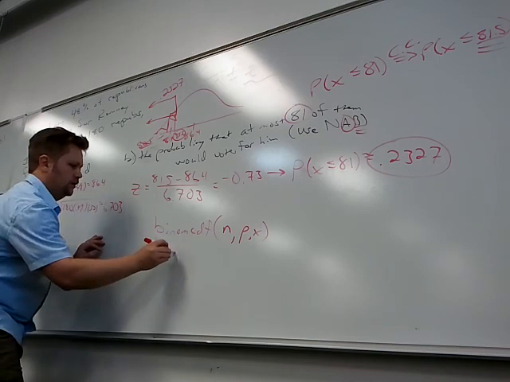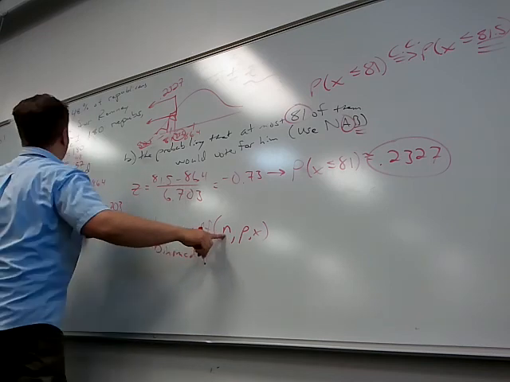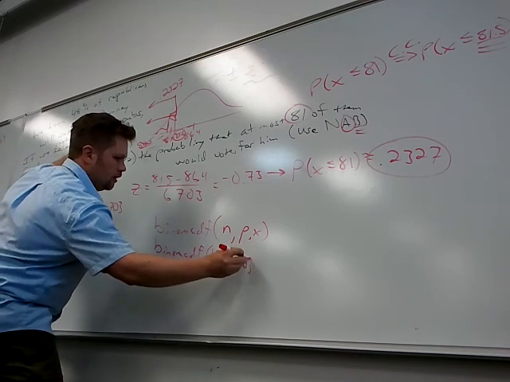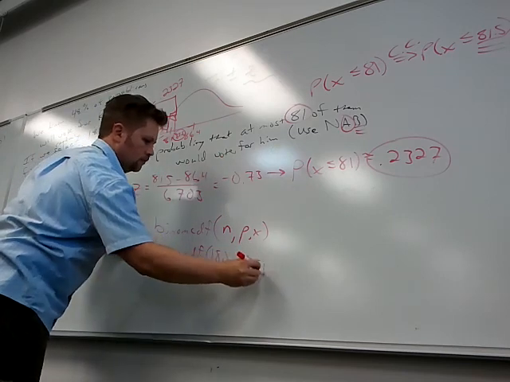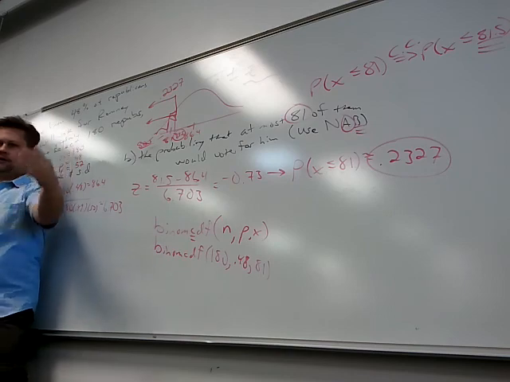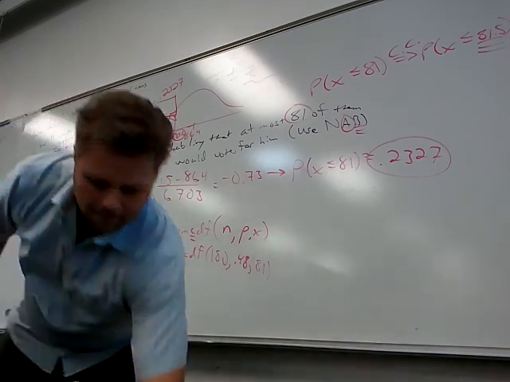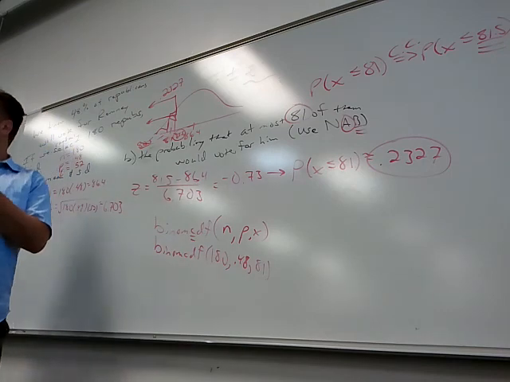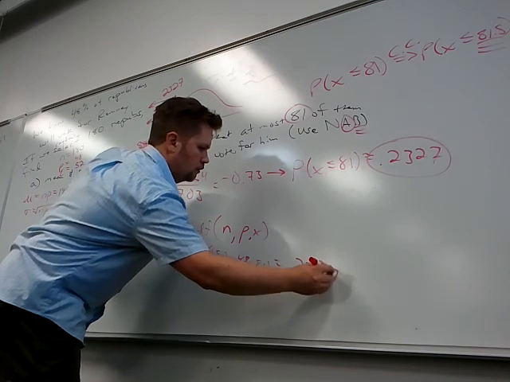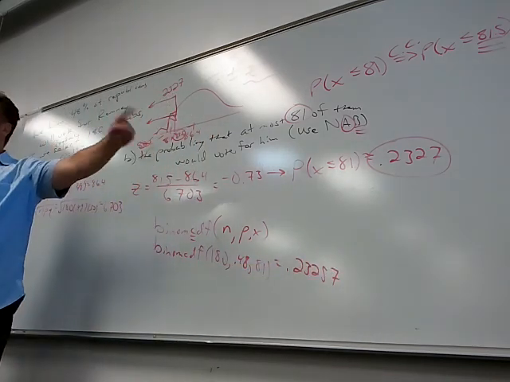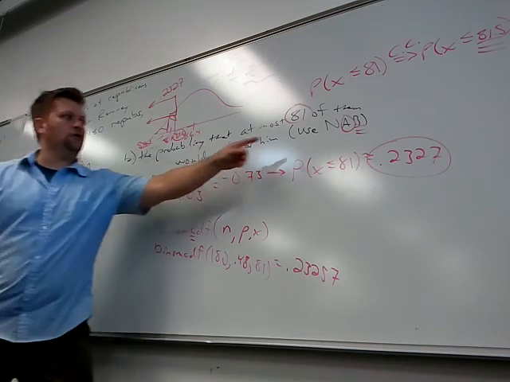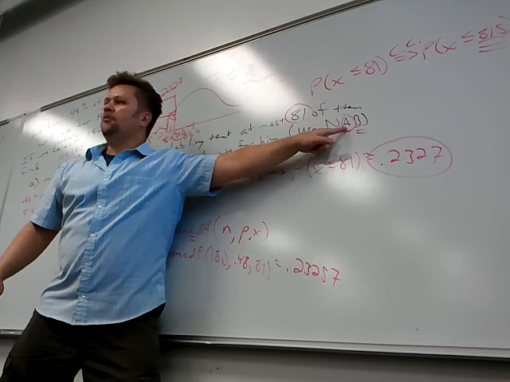So if you put in there binomial CDF, 180, 0.48, up to 81, right? So that's what C does. C is cumulative. It goes from 0 up to the number you put in. So if you do that, what did we get? 257? And what did we think it was? That's damn close. It's not the same, that's why it's got the word approximation in it, but it should be